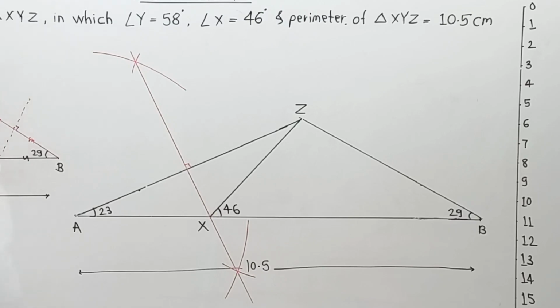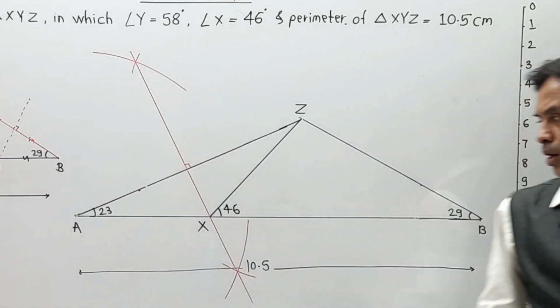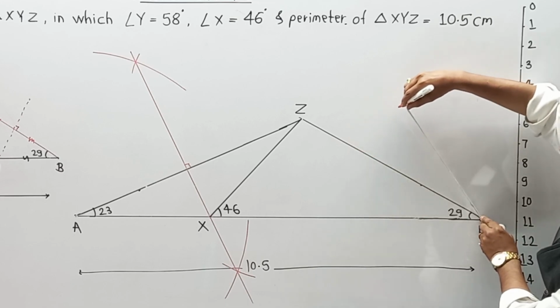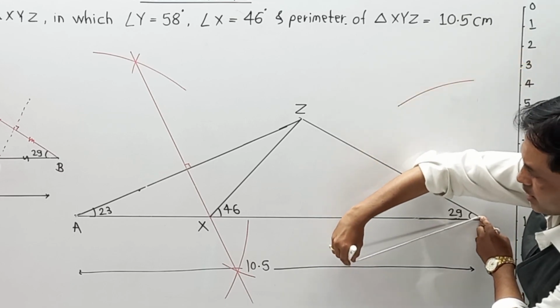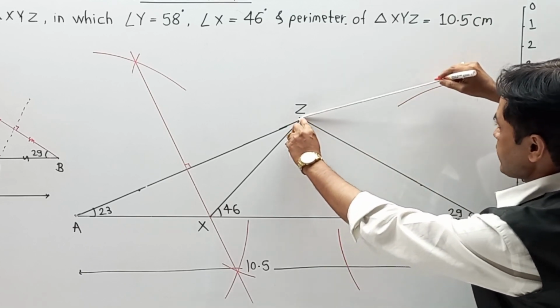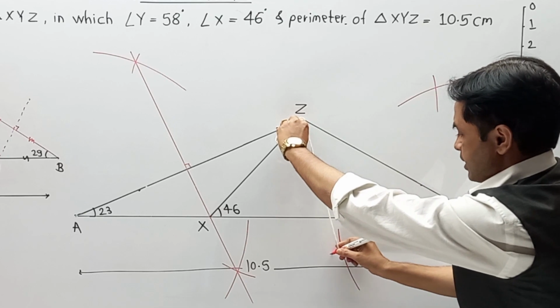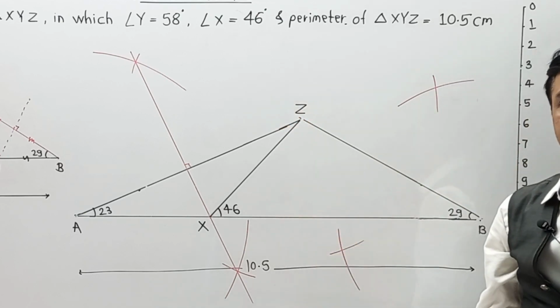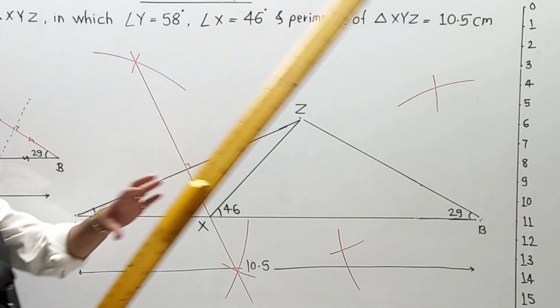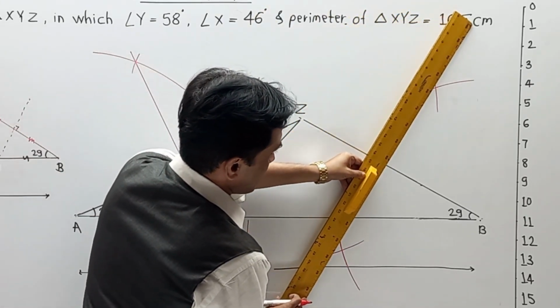Now we have to repeat the same process for the second part, and that is nothing but we have to draw a perpendicular bisector on your BZ. So on BZ, again I am going to take a distance more than half in the compass, and I am going to make one arc upstairs and a second arc downstairs, keeping the same distance from point Z. In this way we have made a second marking over here. Now we have to draw a perpendicular bisector over here. Now your line will be like this.